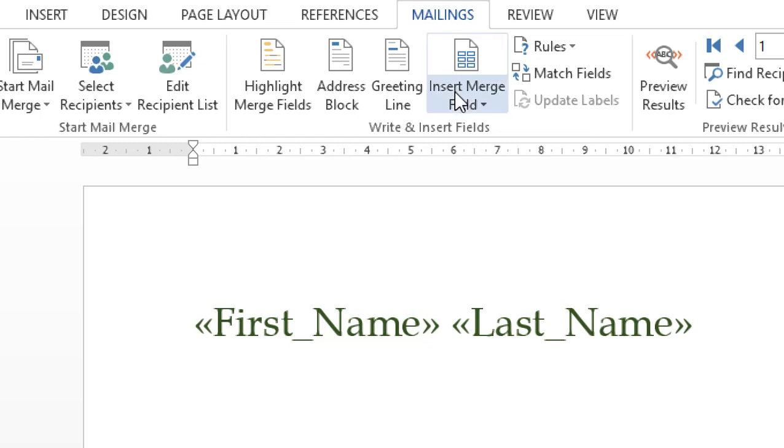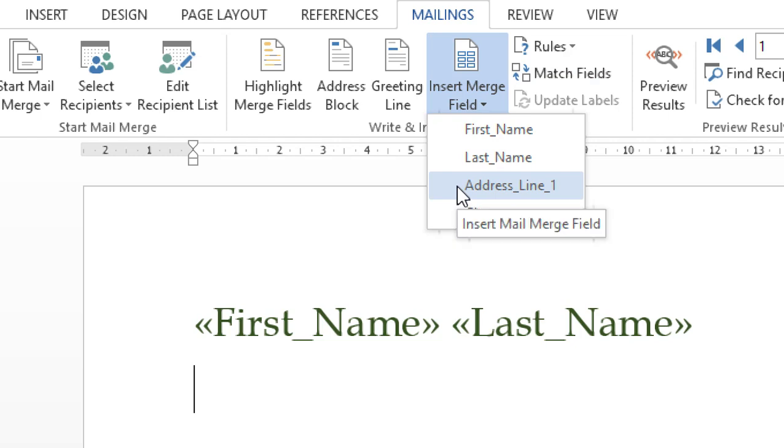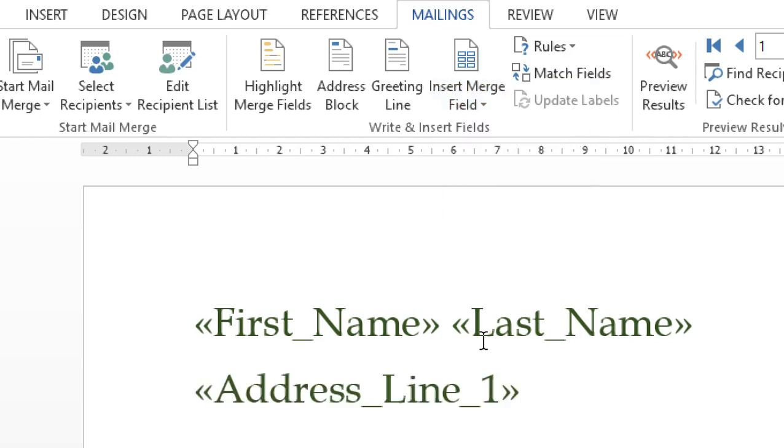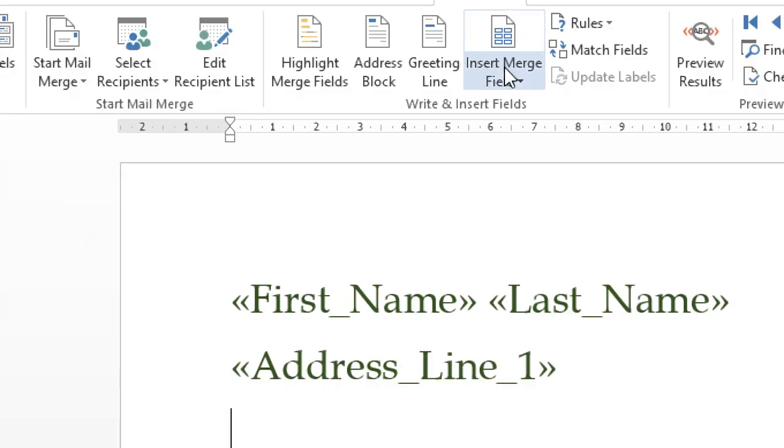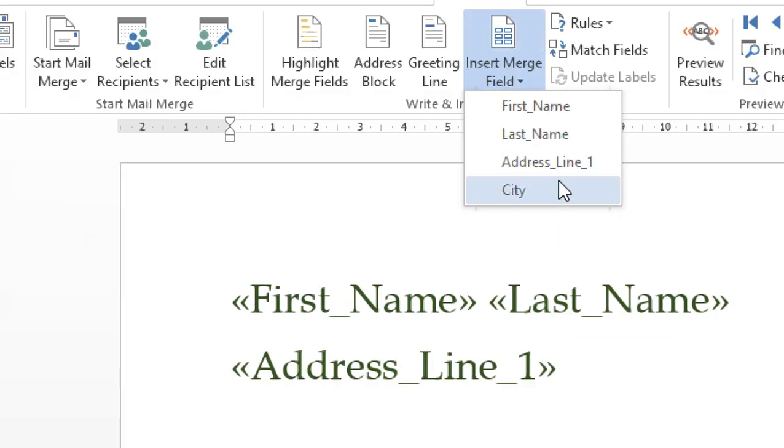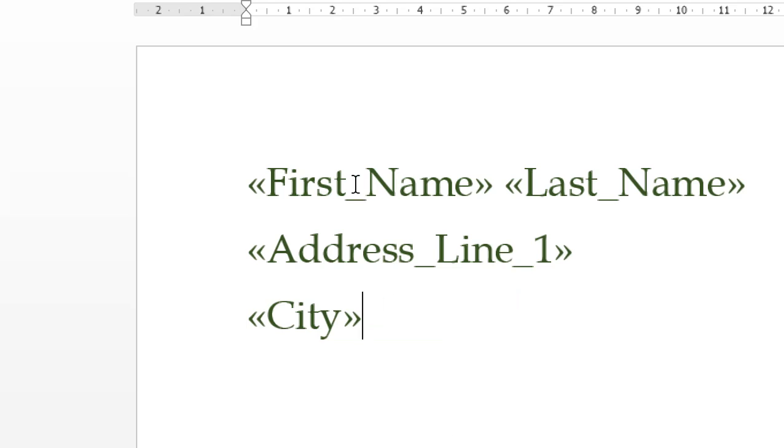Before adding the address, you have to go to the next line and click on Insert Merge Field. What do we have to insert now? Address Line 1. Look at this. Now tell me, where do you have to write the city? On the next line. So first press enter, then again go to Insert Merge Field and click on city. Whenever you merge your document and your recipient list, first name takes the first name, last name takes the last name, and whatever the address of that person is, and the city of that person, comes here. Clear everyone?